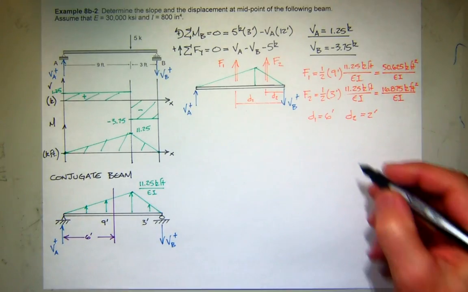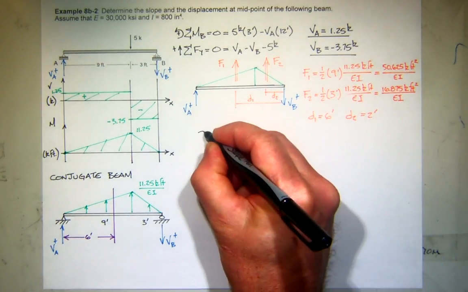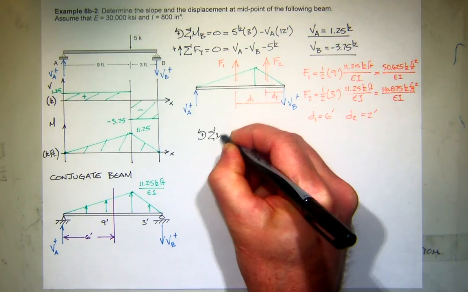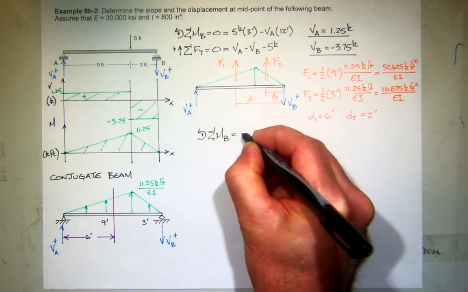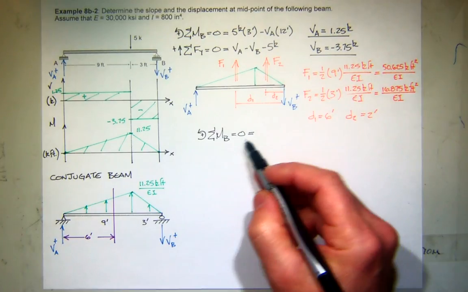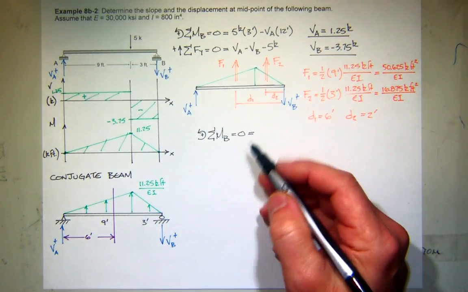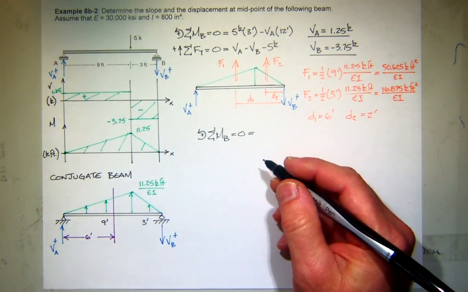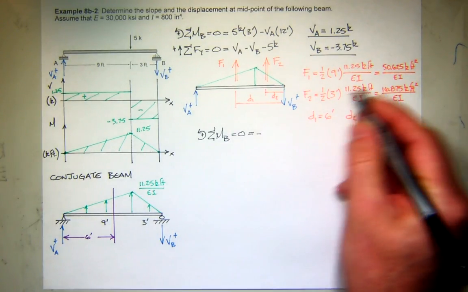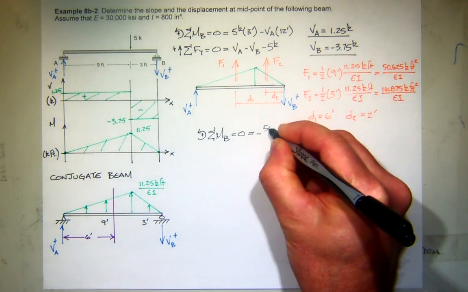So now we can finally get around to solving the problem for the reaction. I'm going to sum moments about B and make sure it's in equilibrium. Now I have everything I need. Both F1 and F2 create what kind of moment about B, positive or negative? Negative. So I'm going to have minus F1, so that'll be